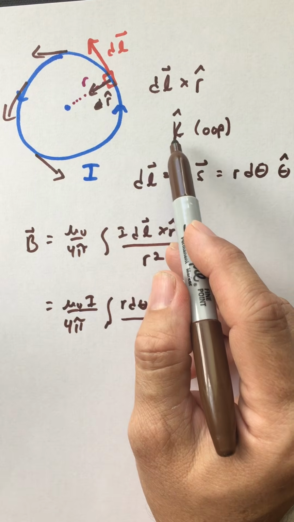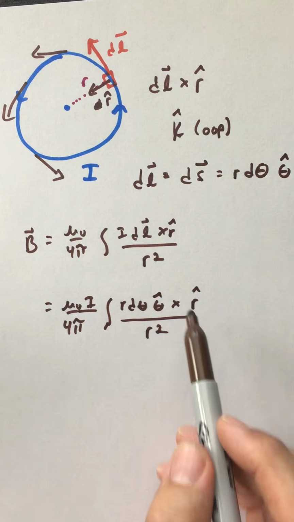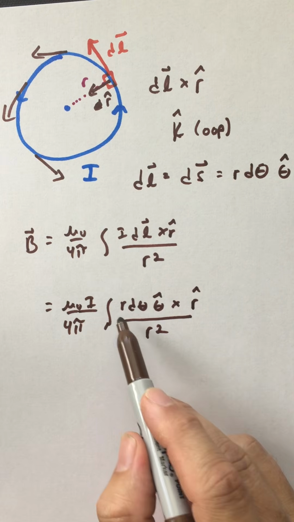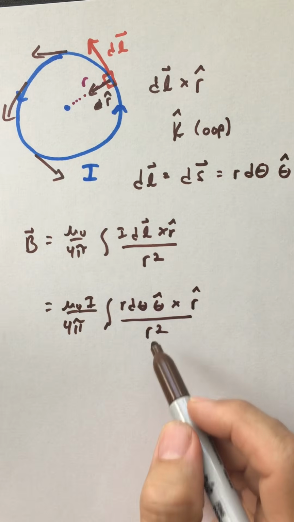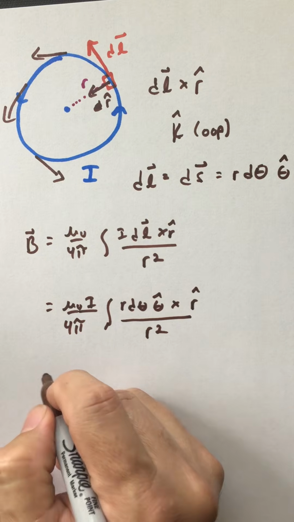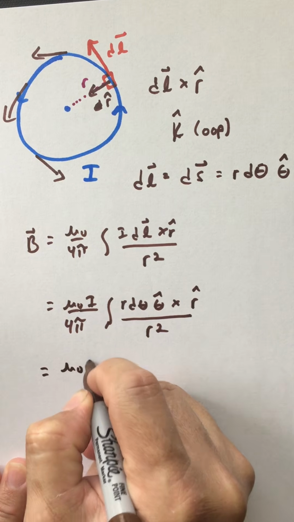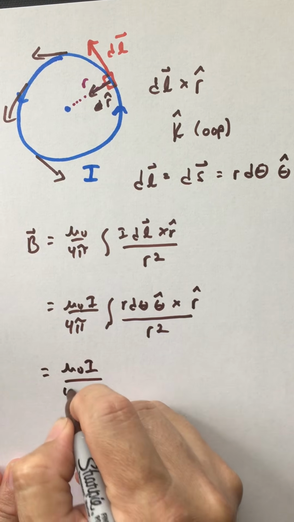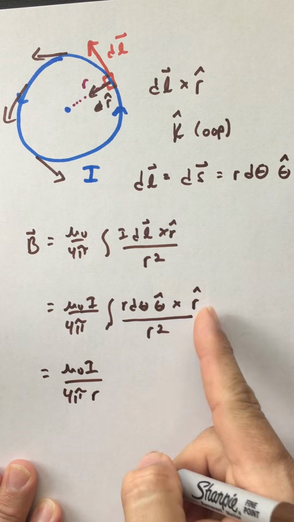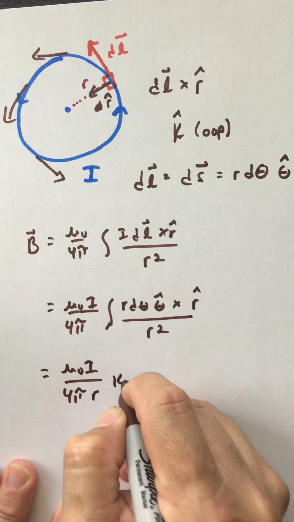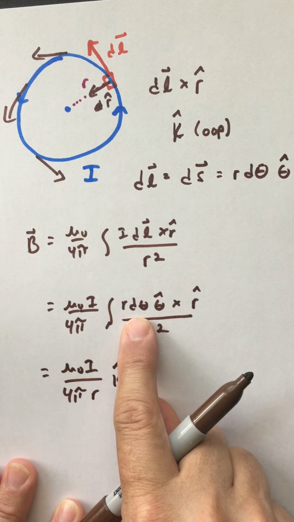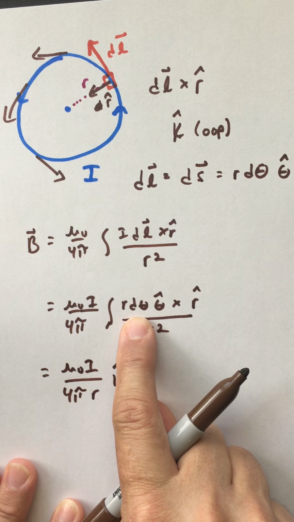So I've already figured out that this is going to give me a constant k-hat. So I can pull that out of the integral. r is a constant because this is a circle. r squared is a constant. So I can pull that out of the integral. What is this going to get me? μ₀I over 4π. I'm left with one r in the denominator. I come out with a k-hat from the cross product. This leaves me now, of course, with dθ